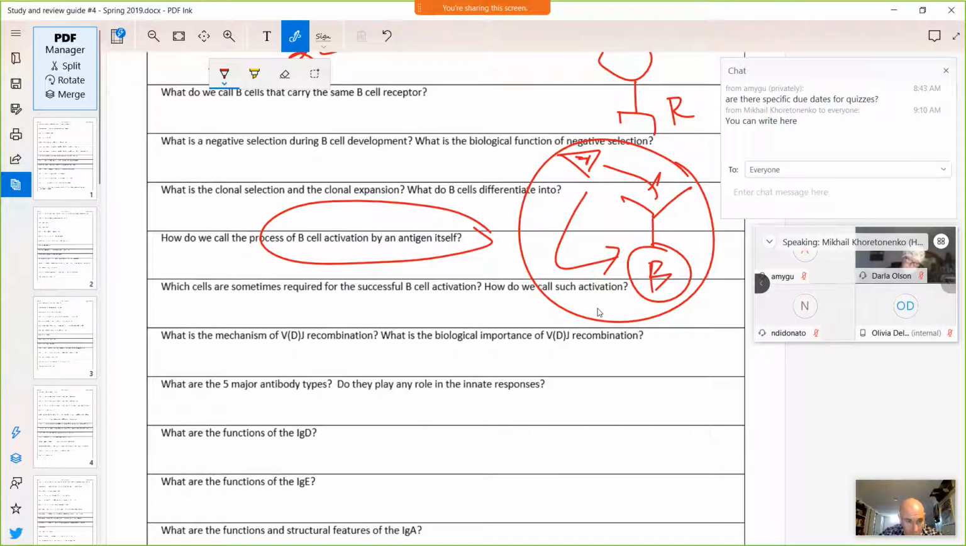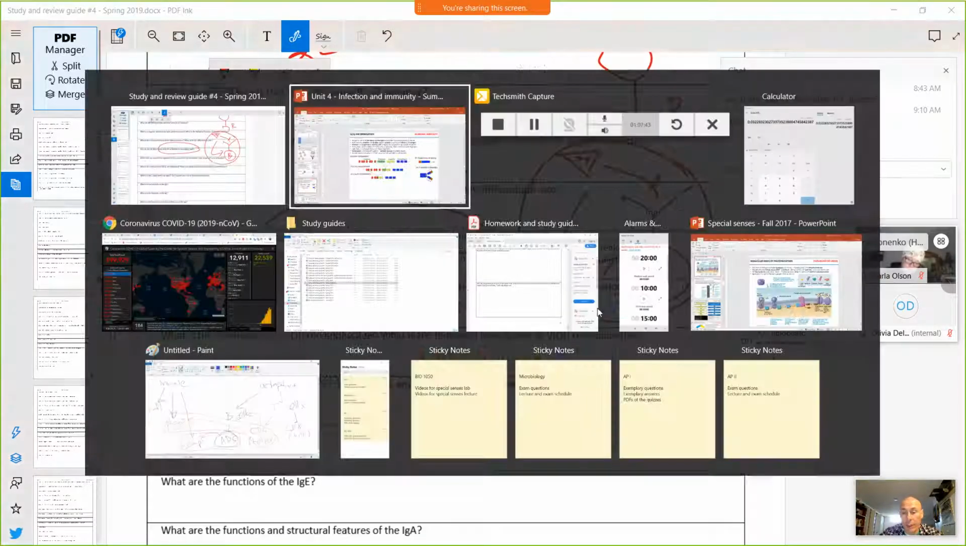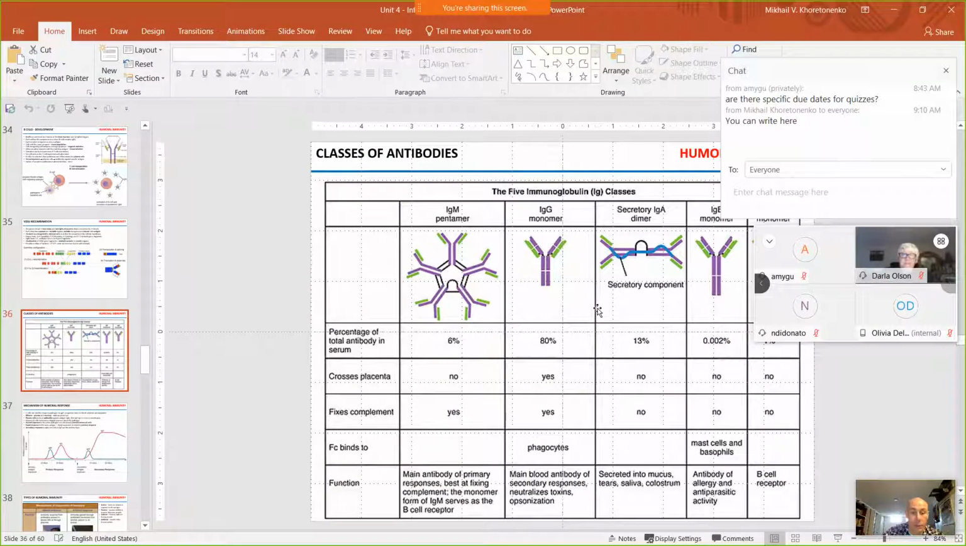5 major antibody types. Right, let me clarify. You don't need to know percentage. You need to know if it crosses placenta. You need to know if it activates complement. Fixes complement means activates complement. You don't need to know what FC receptor binds to. FC fragment binds to. You need to know the general function, like